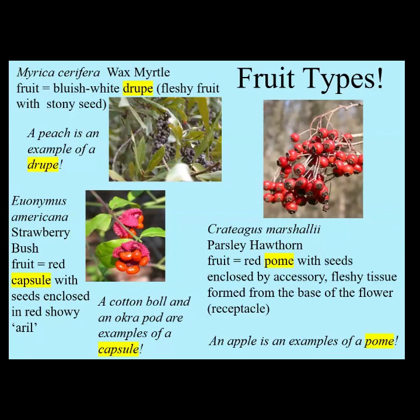Then another interesting fruit type is a pome, P-O-M-E. If you look at our parsley hawthorn, in fact, there should be fruits developing right now. They'll be green. There's one next to the upper pond in the native garden. It's a fleshy fruit